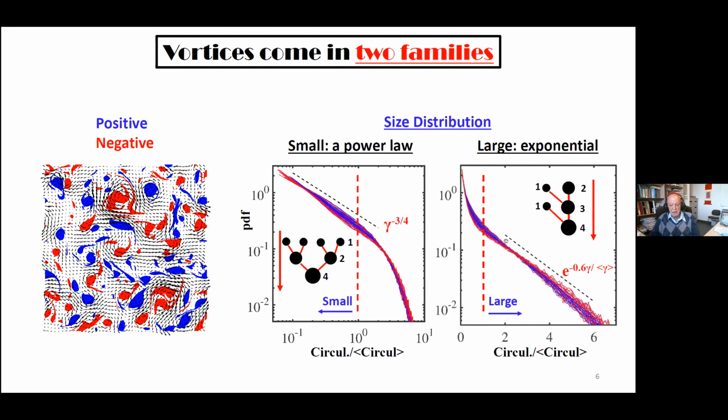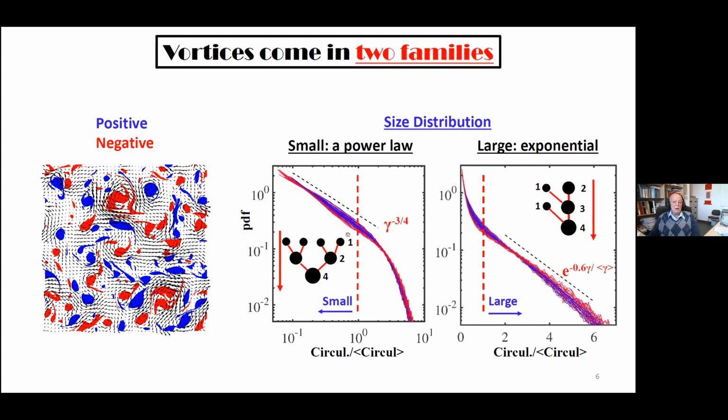And whenever you see a power law, it implies a self-similar process, a self-similar amalgamation process: two vortices of size 1 merge into size 2, two vortices of size 2 merge into size 4. This is basically what people have mentioned, because most of the vortices are small. But then there are a few large vortices, and they have a distribution which is not a power law, it's an exponential. Exponentials are different. The exponential means that there is a scale, because you need a scale in the exponent. And the vortices of size 1 are being accreted into the large vortices. So there are two different things.